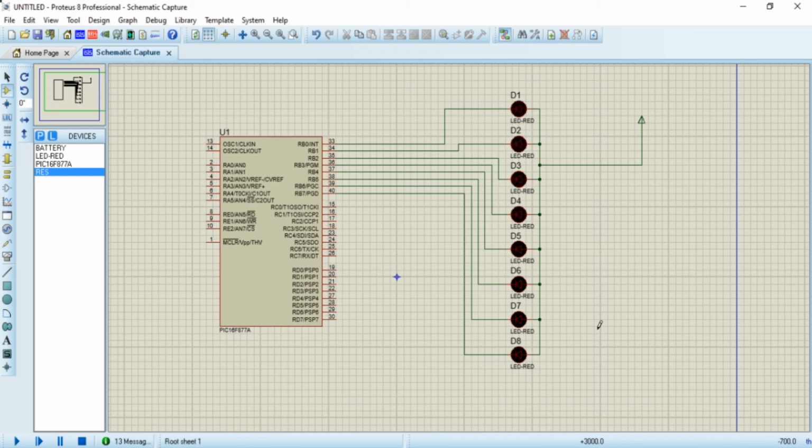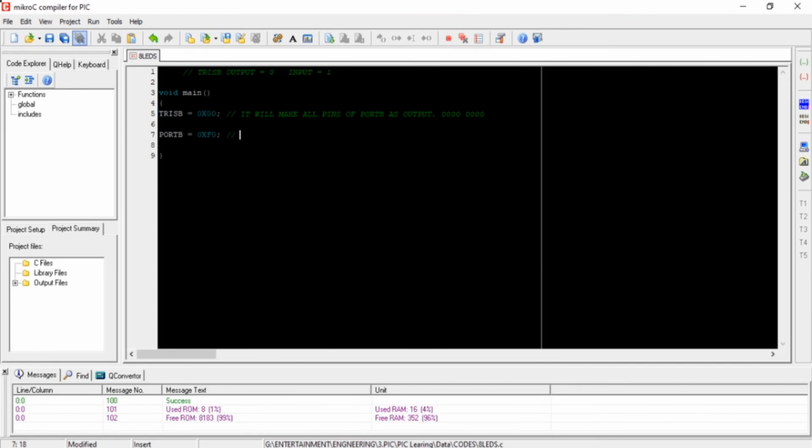Right now we have knowledge about how to turn on and turn off a particular LED. So let's try another program in which we make all the LEDs turn on for a particular time, then turn off for a particular time. To blink an LED, we first need to turn it on.